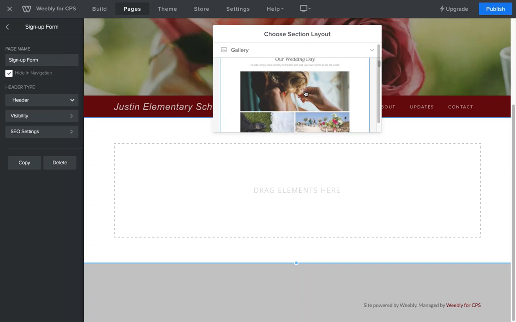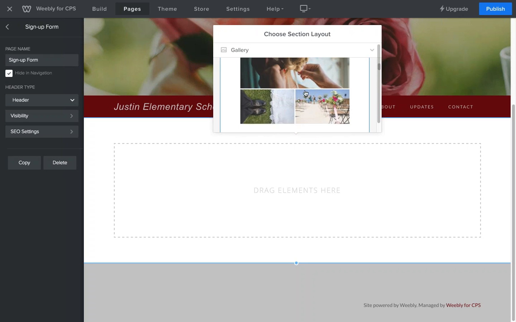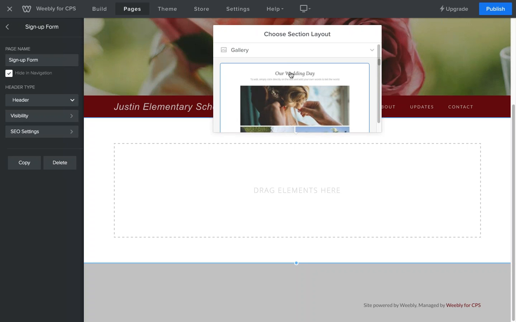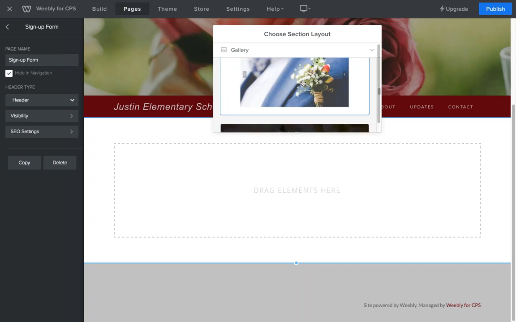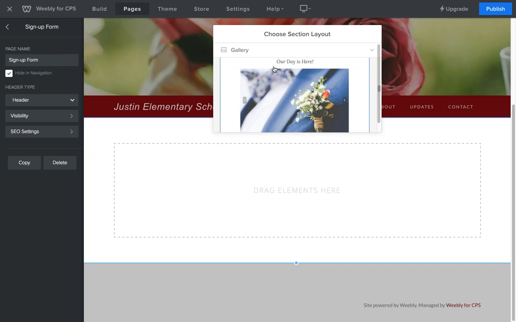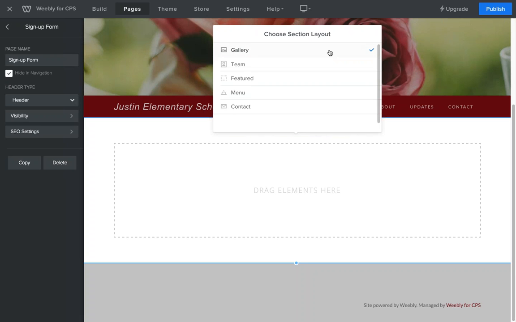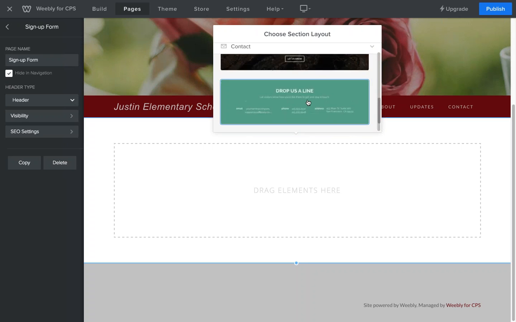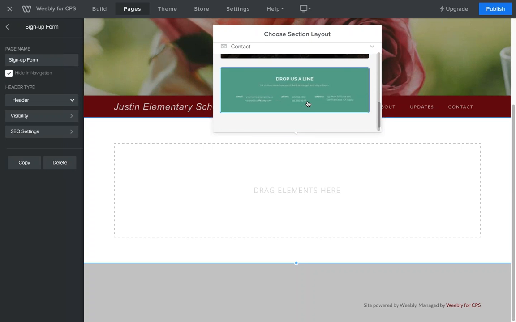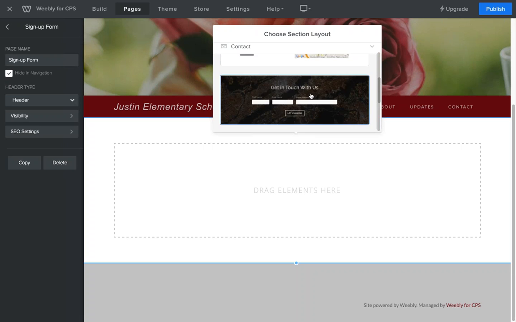Our pre-built sets of elements. So this one is like title, text, and then a couple of images. This one's an image gallery. This is really simple, just a title and then a slideshow. But what we want on this page is something like a contact form. Now, none of these are actually going to do what we want them to do, but we do have a